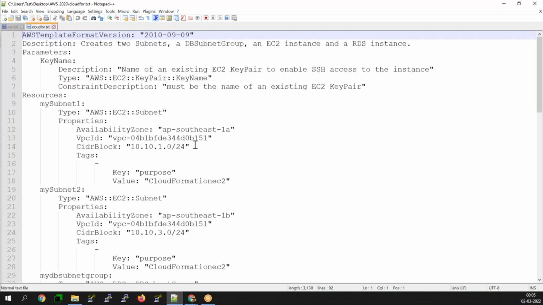It will use the resources, it will create the resources, and it is going to modify your respective resources. Here in this CloudFormation template, typically you guys are going to notice